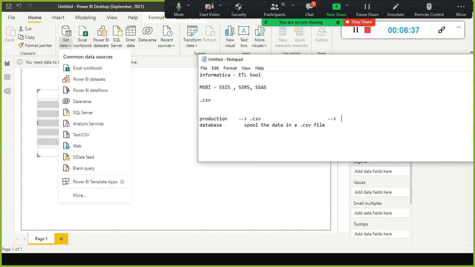Okay, .csv. They give it in a flat file. It is also called a flat file. You need to be familiar with all these terms: CSV, or they call it a flat file. The flat file will have a .csv file extension, or .txt. They give the file in the form of a flat file.